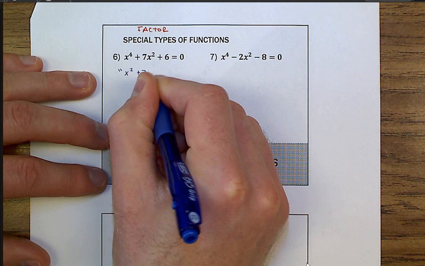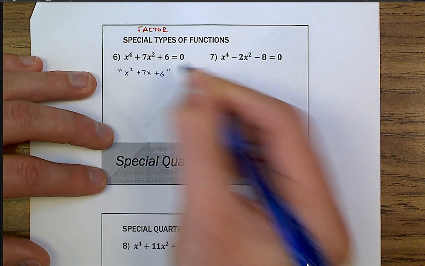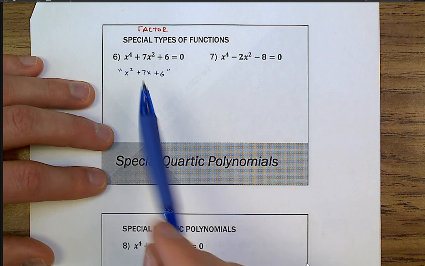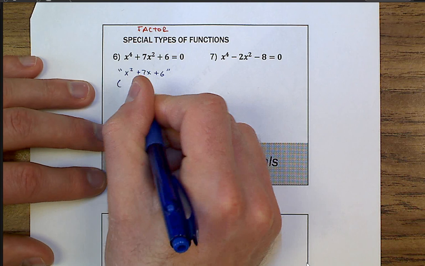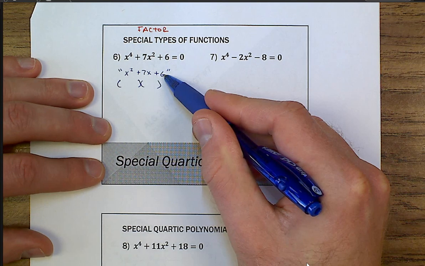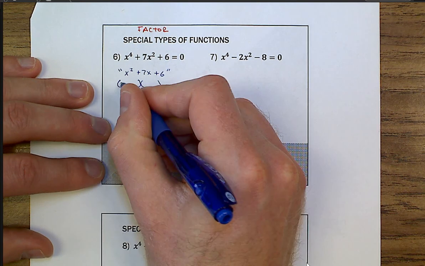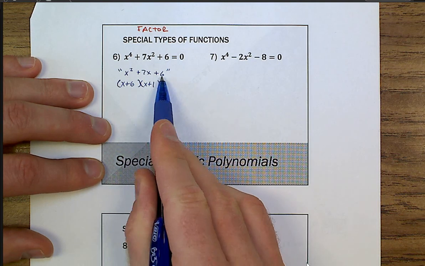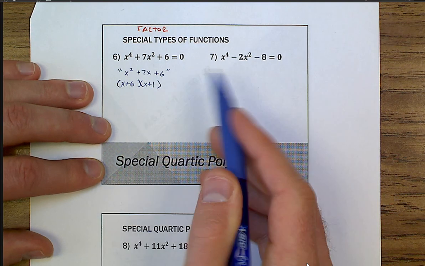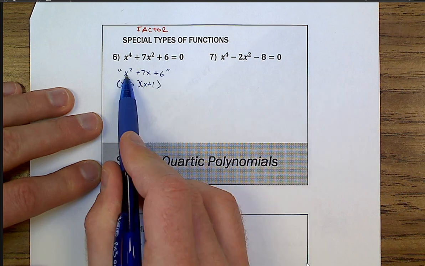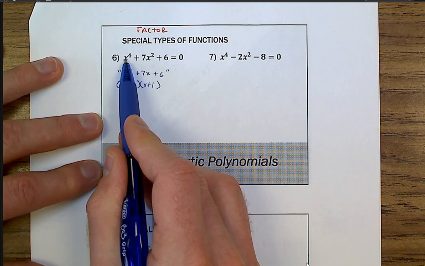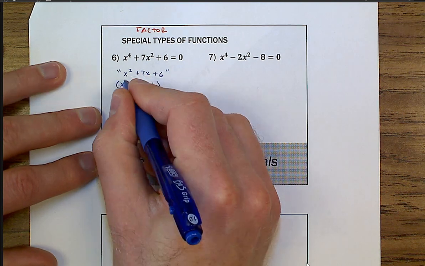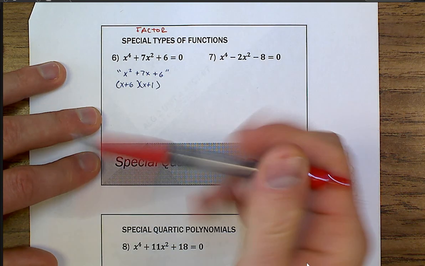I try to see something that I'm used to seeing. You've seen these forever, right? This is a quadratic, and we know that it factors into what 2 numbers multiply together give you 6, add together you get 7. x plus 6, x plus 1, right? 6 times 1 is 6, 6 plus 1 is 7. And that would be correct if I was factoring what I just wrote in pen, but I'm being asked to factor this. Well, it's the same exact problem,